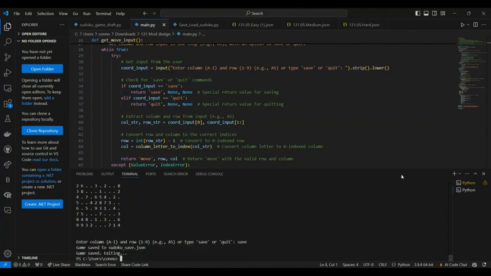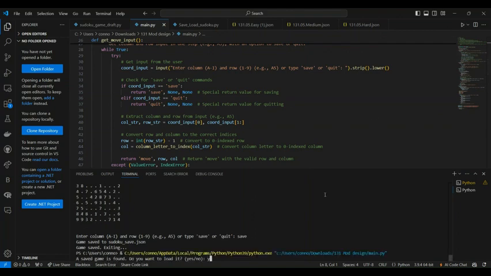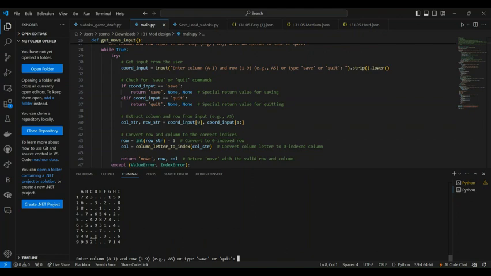So that's saving. Great. I'm going to open it back up. Save, yep. And then as you can see, it loaded our board. So yeah, a lot of great stuff with this program. There's a lot more we can do with it to make it more user friendly. But yeah, that'll be for next week where you can put all that stuff